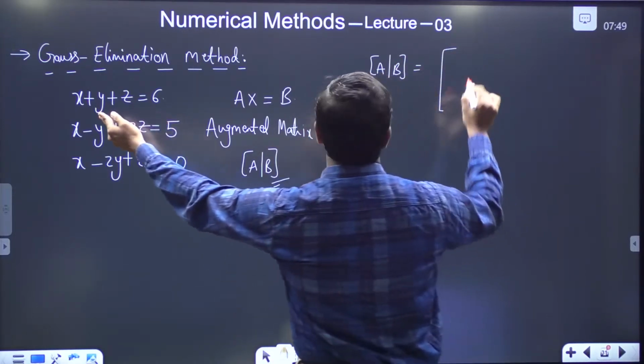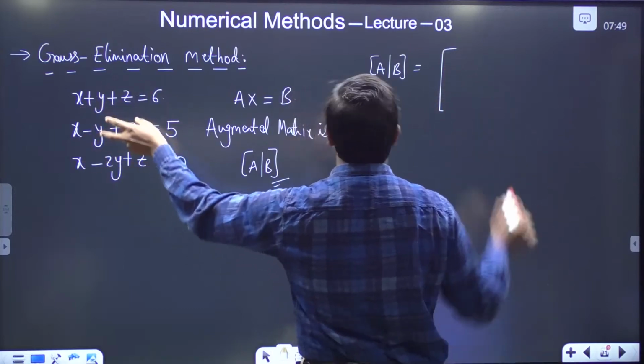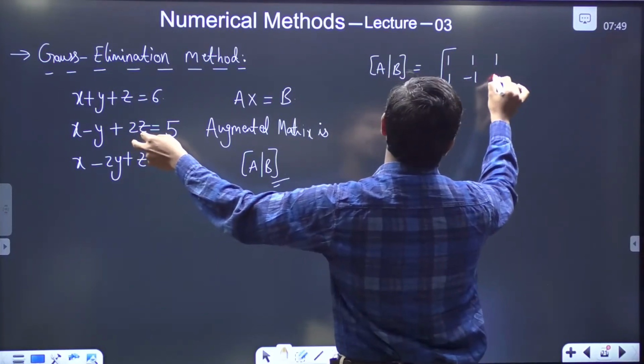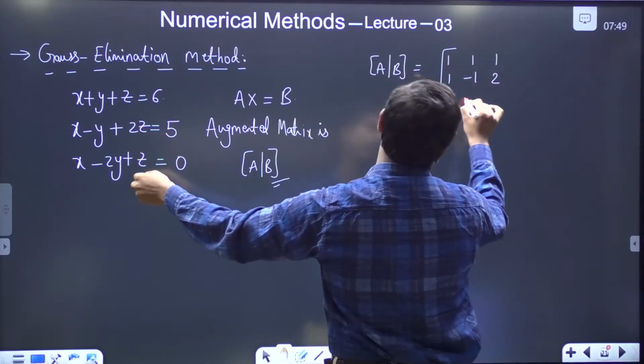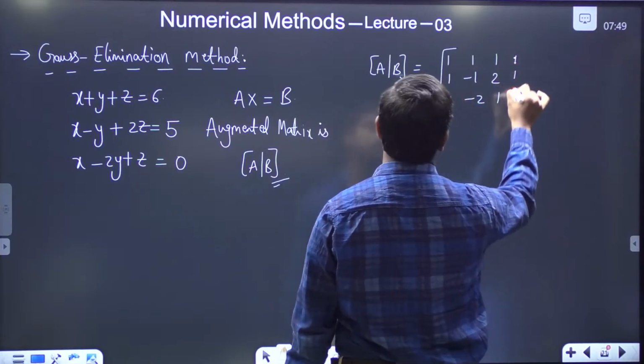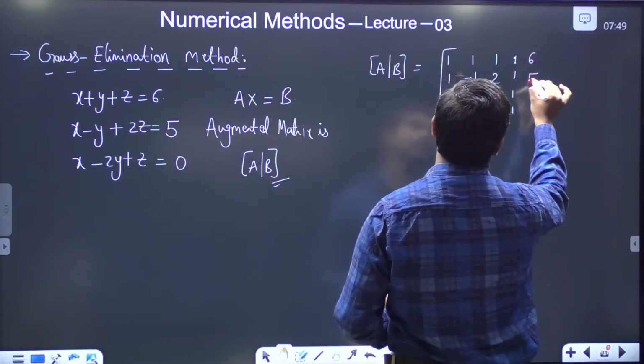A is the matrix found by writing the coefficients of these equations: 1, 1, 1; 1, minus 1, 2; and 1, minus 2, 1. And for the augmentation, let us put a dash and write the constant matrix as well: 6, 5,